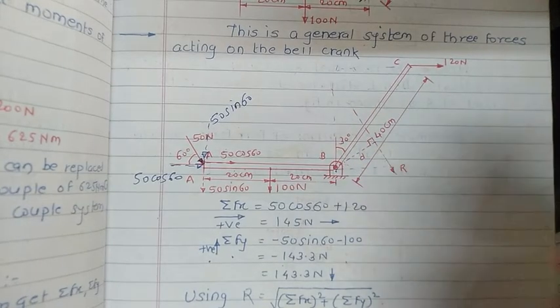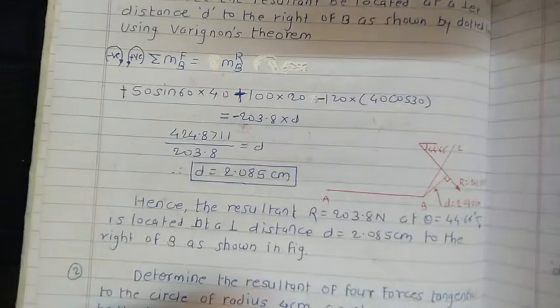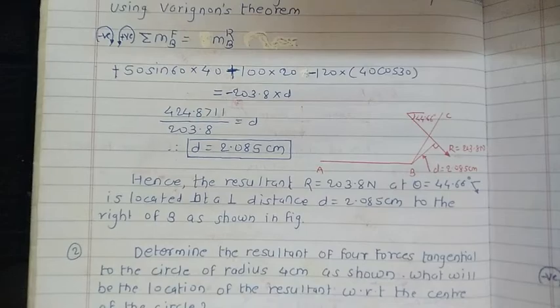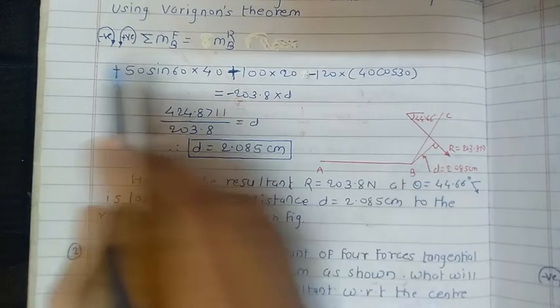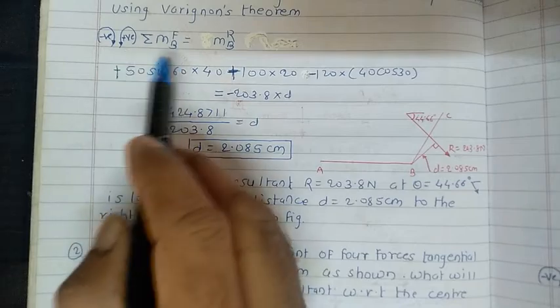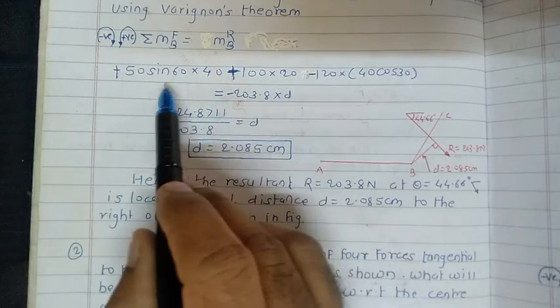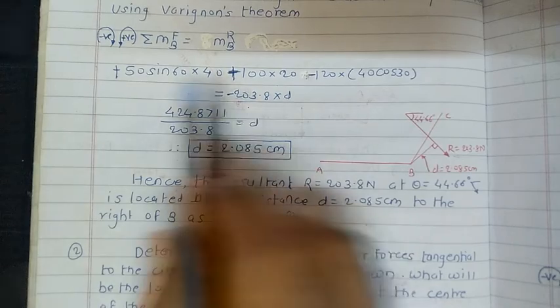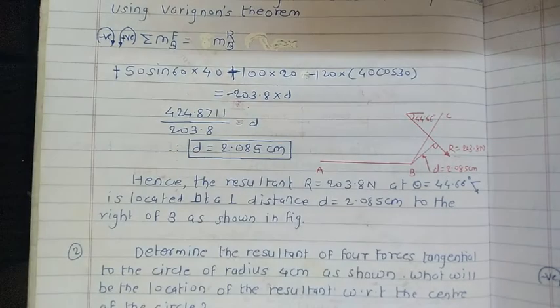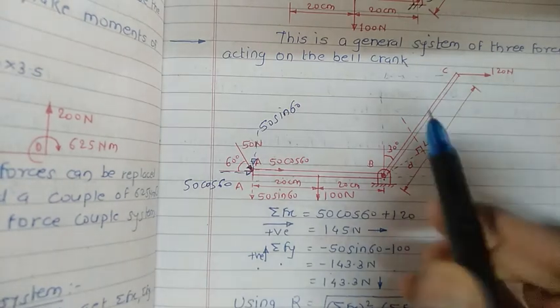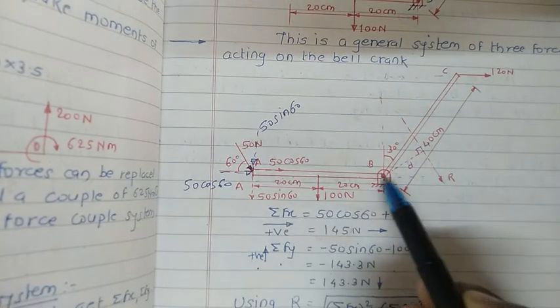At this stage it is very important to take the moment of every force by considering this sign convention. You have to take the moment of every force about that point B. Now see, here is the first force, next one is here, next one is here, next one is here. So how is this step written? For that it is very important to concentrate on the diagram. Now focus on this diagram here. Okay, so here is the point B.